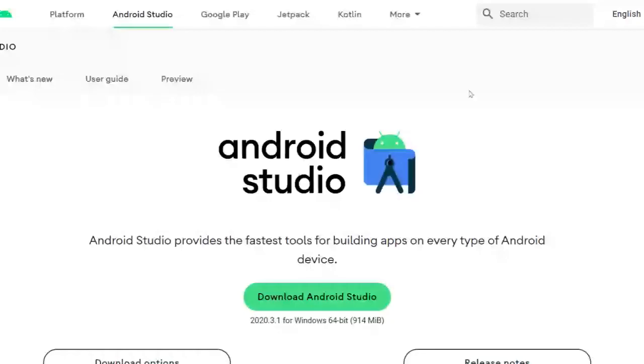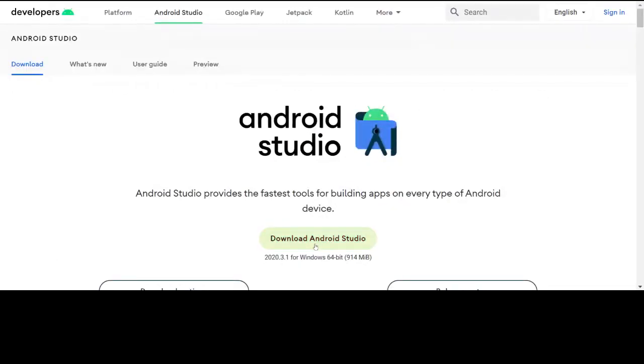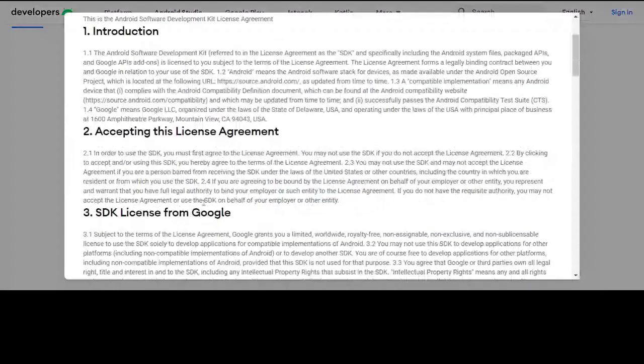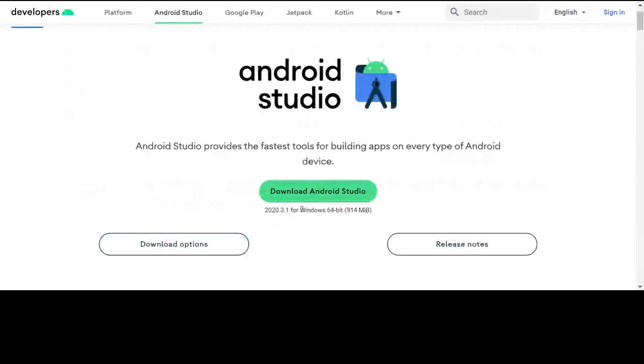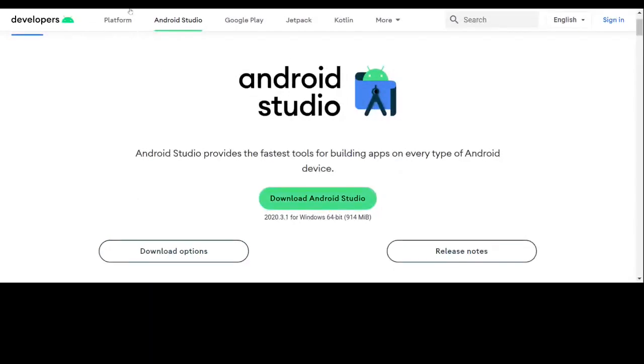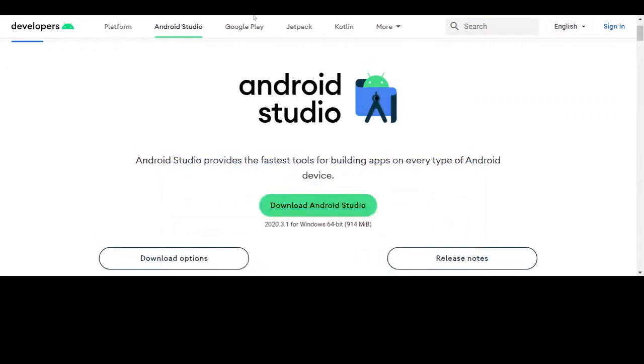Stop sharing, 1 second. Share tabs. Okay, so this will be the website. I'm just sending it to you. You can go here and just download Android Studio. Just accept all this, and you can just install it. So tomorrow we will do this Android Studio on the badges. That is a different thing.